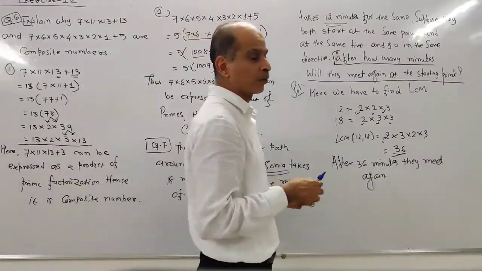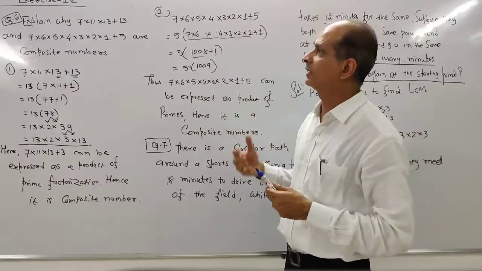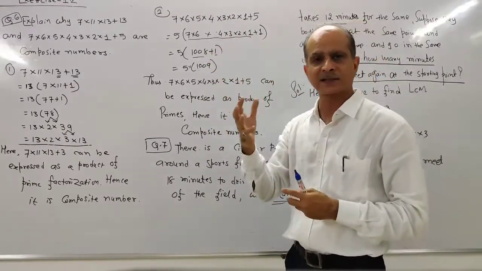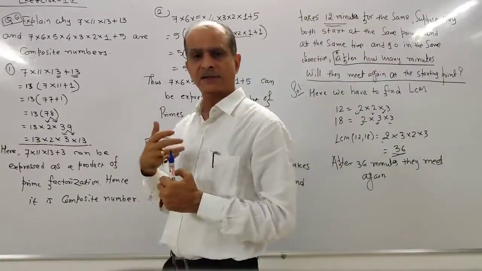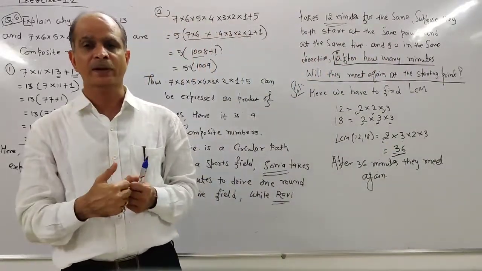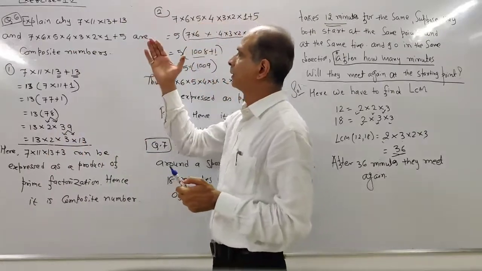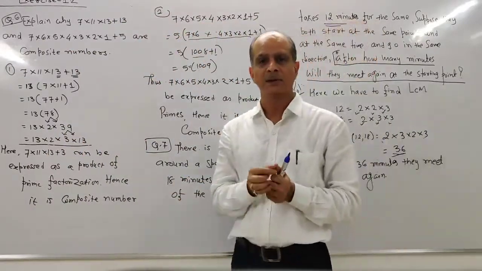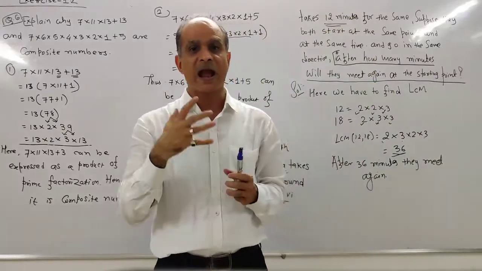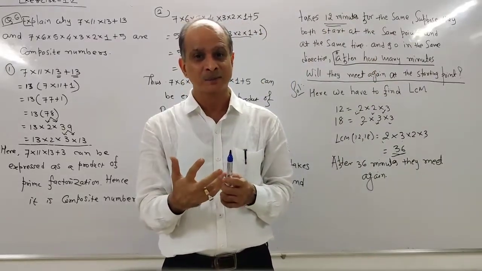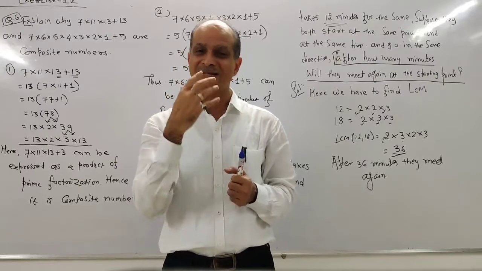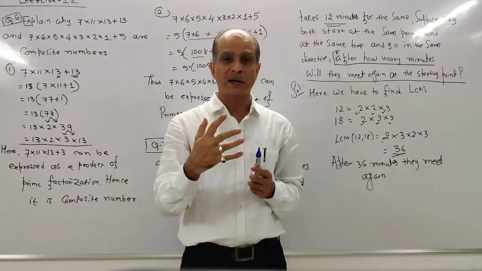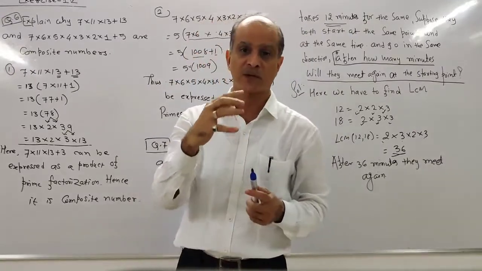Well, so friends, in this third video, in this third lecture, we have solved exercise number 1.2. In the first lecture, we have discussed 7 important points of this chapter. Then in the second lecture, we have completed exercise number 1.2. Here we have completed exercise number 1.2, that is regarding HCF and LCM of 2 numbers as well as HCF and LCM of 3 numbers. Similarly, we have found out the prime factorization of a given number.